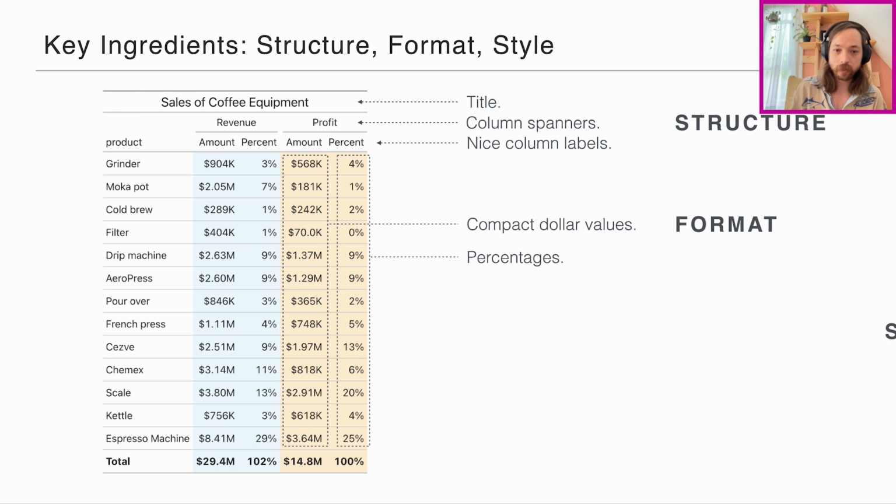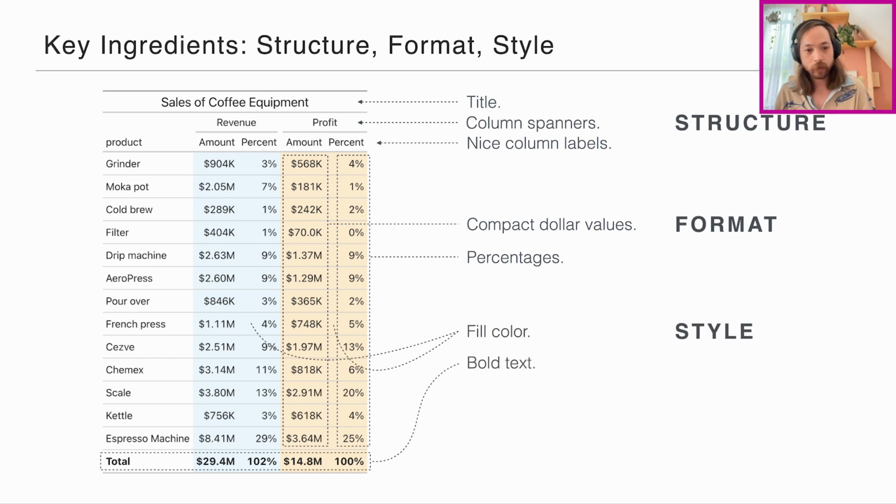And the last piece is styling. So for style, we're going to fill the background of some columns to group them together. So notice the revenue columns have a blue background, and the profit columns have a papaya whip background. The bottom row has bolded text to emphasize that it's a total. I just want to emphasize that one of these columns, a percentage column, sums up to 102%, which is not a Great Tables problem. It's a Michael Chow problem. I screwed the data up before this talk.